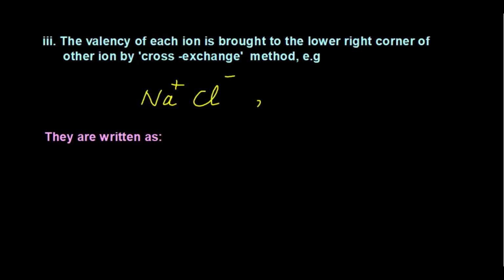Similarly, we have calcium ion Ca+2 and chloride ion Cl-1, or we have calcium oxide, Ca+2 and O-2. Now, while writing the compound, we will cross the valency of each ion by the cross exchange method. So we can write them as